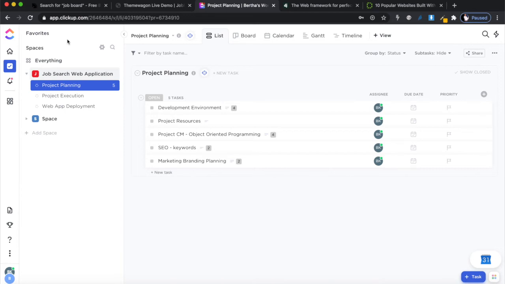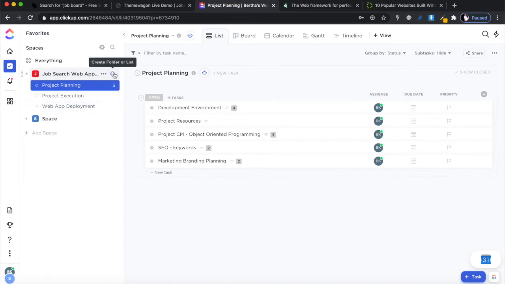So you go there and you just create a new project. So this is the last project we created the last time that we worked on when we did our last web application. This one, we had to create a whole new space. So create a brand new space inside of ClickUp. If you're not sure how, please just go through the video that we did in the past. Once you've created a brand new space, inside the brand new space, I want you to create three different